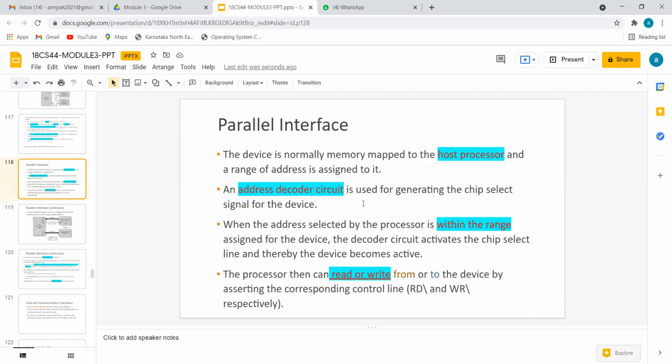Parallel interface, as the word indicates: at a time n bits of ports are used to send data, and the other side also n bits of ports will receive. That means time is less but data capacity is more. The problem is that hardware or implementation cost is very high, because at a time all ports should send, and at the receiving side all bit ports should receive.